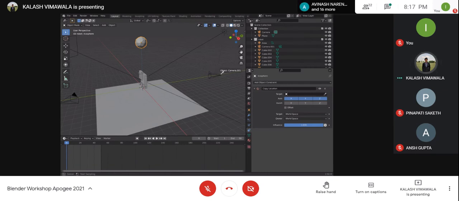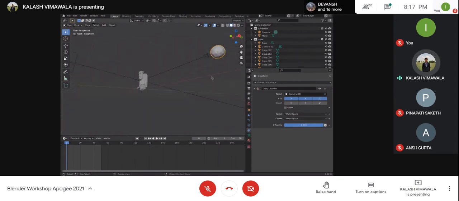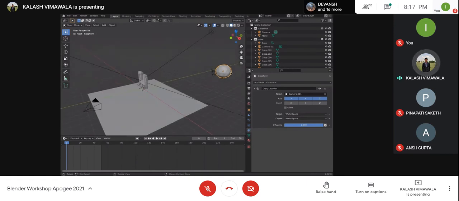So if I click on this camera over here, this icosphere will actually copy the location of the camera. So if I click on this, the icosphere immediately moves to the location of the camera. This is something that you could be using for any sort of things that you want. Now, if you want to restrict the movement, you can restrict it only along the x-axis, y-axis, or z-axis. You can invert these axes.